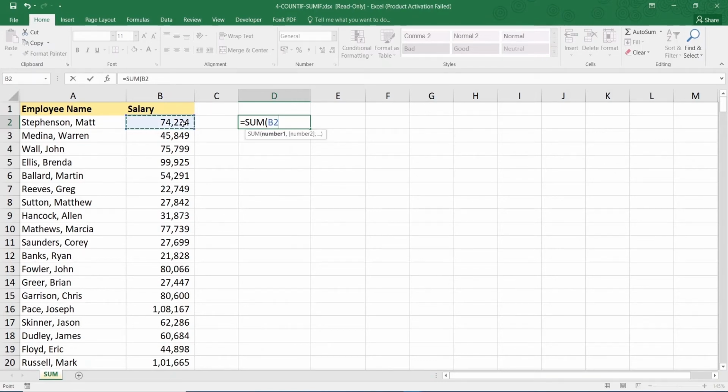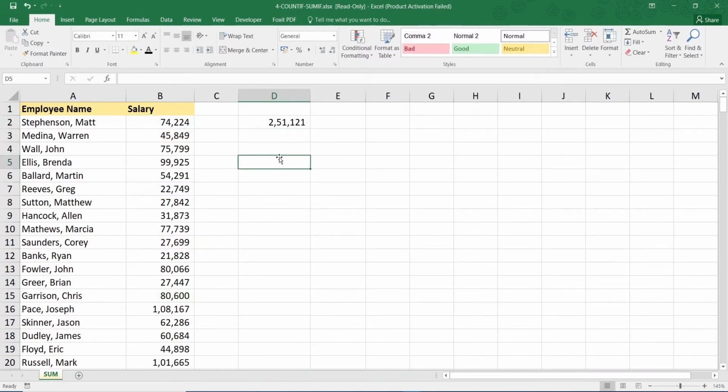So there are basically a couple of ways to do this. Firstly is by individually selecting the cells. You click on this cell, you put a comma, you click another cell, you put a comma, you can click on any random cell, you put a comma, you click another random cell, you put a comma. You can go on with this procedure and then you press enter and you get the sum of all the cells that you have selected. Okay, that was one method.